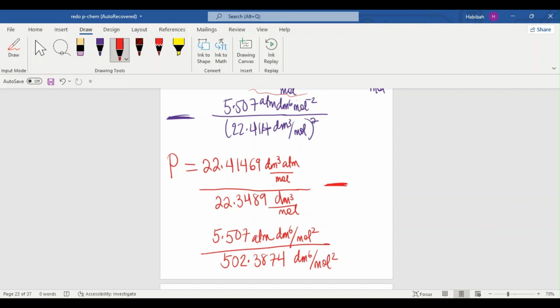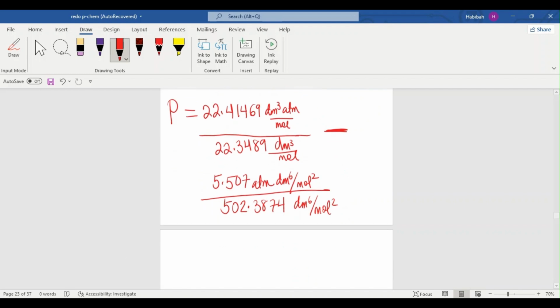So you have the information so far. Of course, now we can cancel out more units: dm cubed, mole, mole, and dm6, mole squared. So you end up with 22.41469 divided by 22.3489 atmospheres. When you do that division, you end up getting 1.002944 atmospheres,